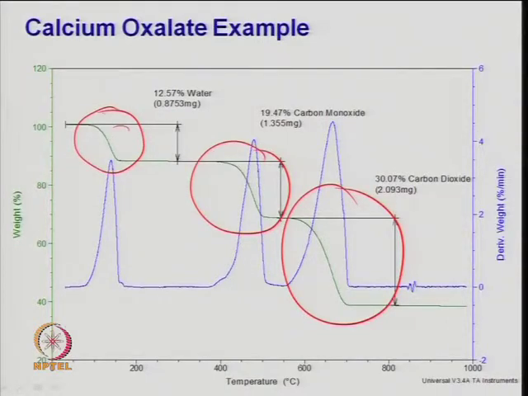So, first zone is here, which is around say up to 200 degree centigrade, then second zone another weight loss which is between 400 and 550 degree, and then after 580 or 590 there is another decomposition, and that lasts up to this, and after that there is no weight loss. So, a constant line will arrive, right. And this is simply nothing but the weight, or if you have a derivative of that, which is here in terms of the percentage per minute, right, that is dW by dt.